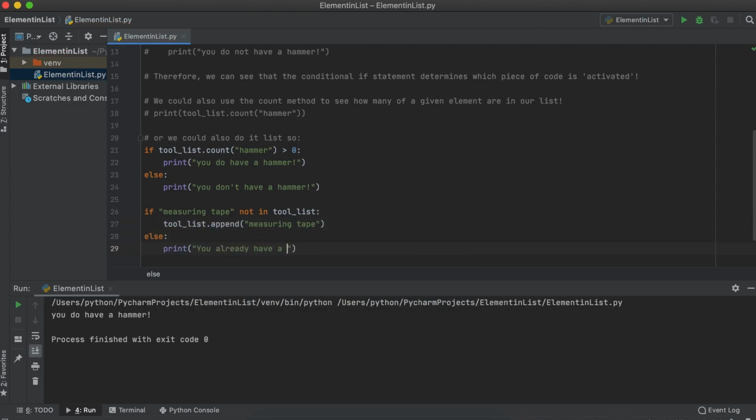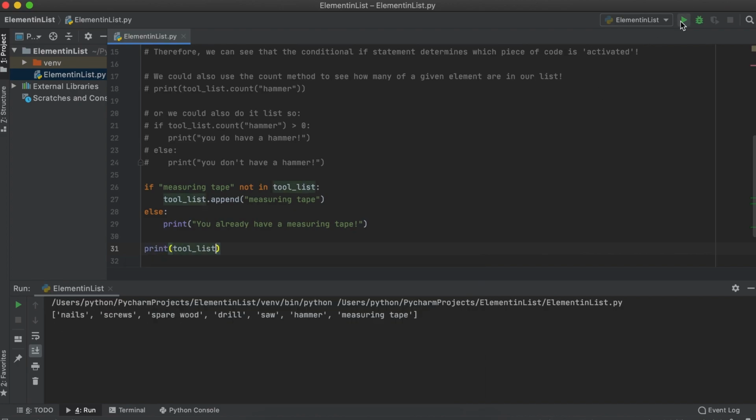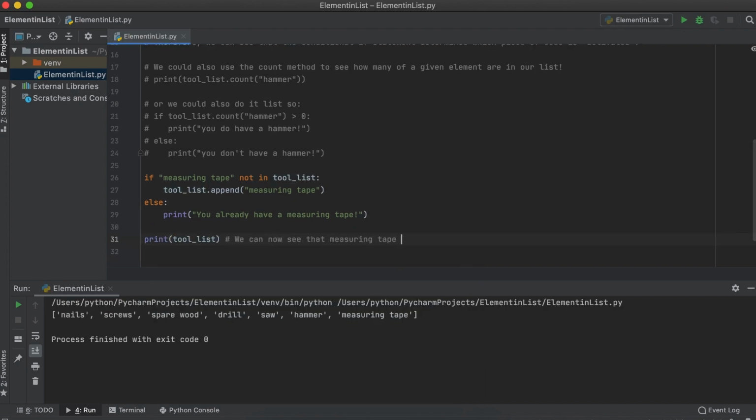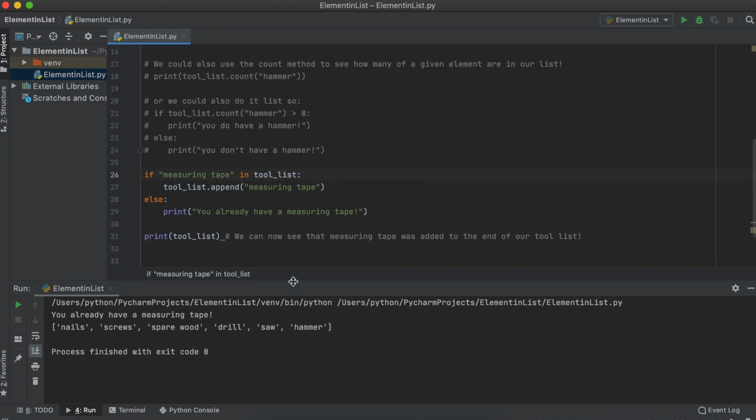So what is happening here is we are telling Python to scan through our list and see if measuring tape is present at any index position within the list. And since it is not, it returns a true value to our if statement and activates the append piece of code. We can see by removing the not that if a false value were returned in this if statement, the code would not be active, and as expected, measuring tape will now not be appended to our list.